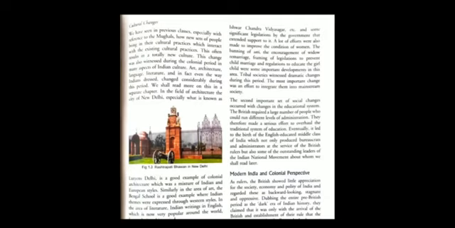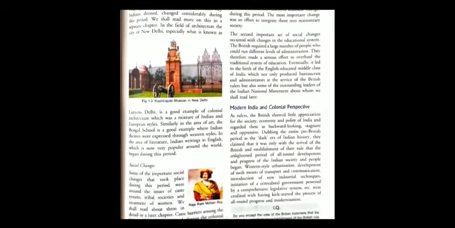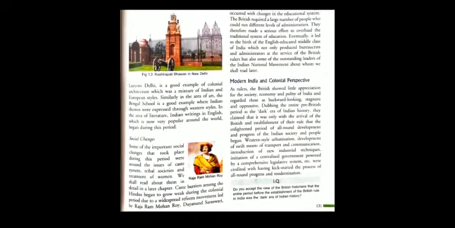Now let's see how the cultural changes took place during British rule. Art, architecture, languages, literature, in fact even the way Indians dressed changed tremendously during the British period. Now, social change. During the British period, some of the important social changes that took place were around the issue of the caste system, tribal societies, and the treatment of women.